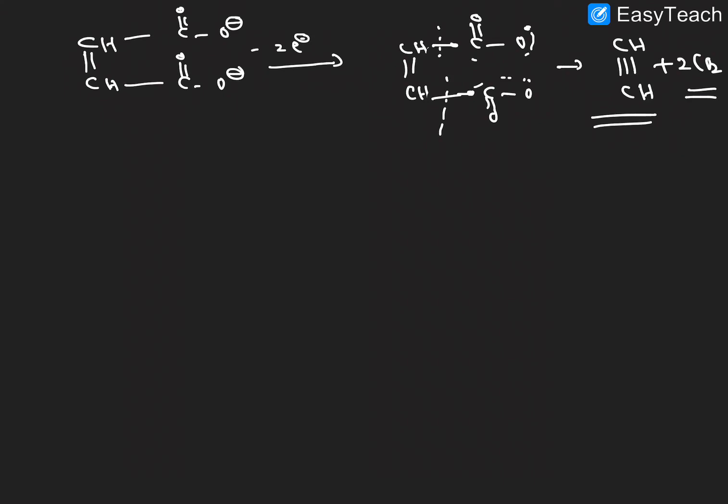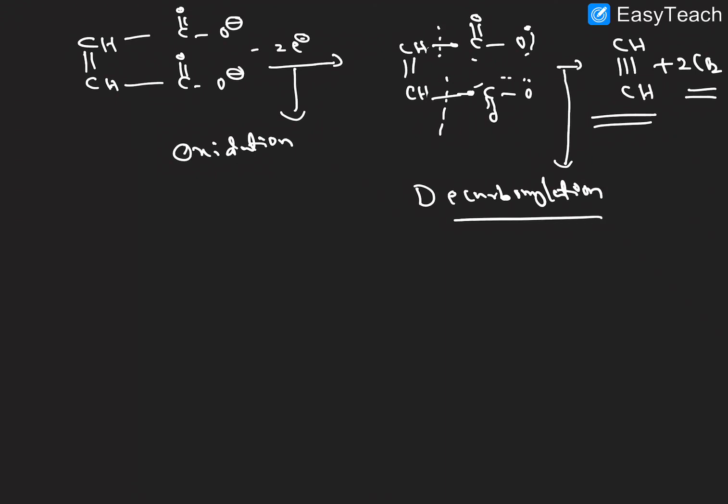Okay, this is about the Kolbe reaction. I hope you clearly understand. Generally we can consider this as an oxidation reaction, and also a decarboxylation reaction. Decarboxylation reactions, right? Next, one more method is there, the decarboxylation method. This is the coupling reaction, that's all. And the next, fourth reaction is decarboxylation of acids.